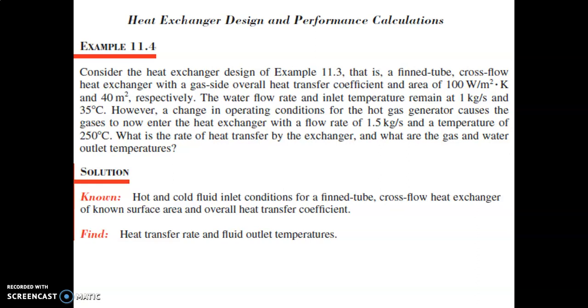The first example is mentioning that consider the heat exchanger design is same as the previous example. That is fin tube cross flow heat exchanger with a gas side overall heat transfer coefficient is provided as 100 and the area is provided as 40. The water flow rate and the inlet temperature remain as 1 kilogram per second and the inlet temperature is equal to 35. However, a change in operating condition for a hot gas generator causes the gas to now enter the heat exchanger with the flow rate equal to 1.5 kilogram per second and the temperature equal to